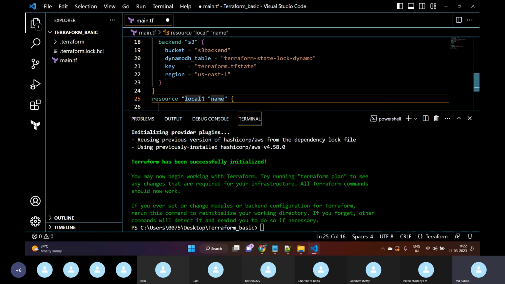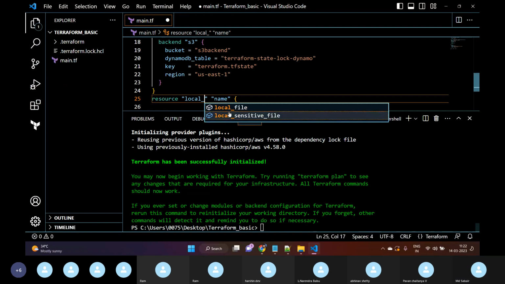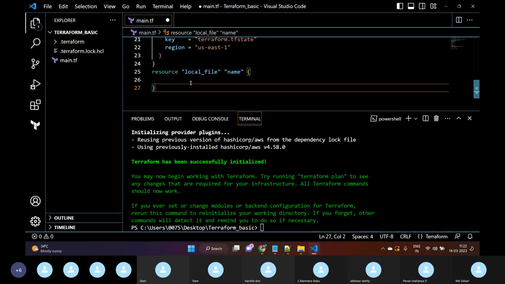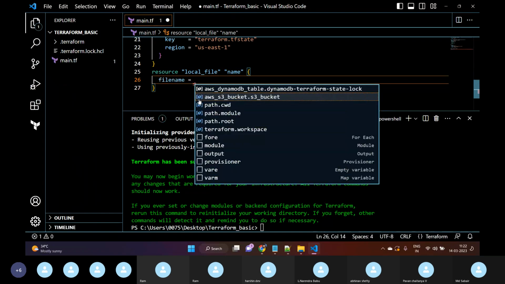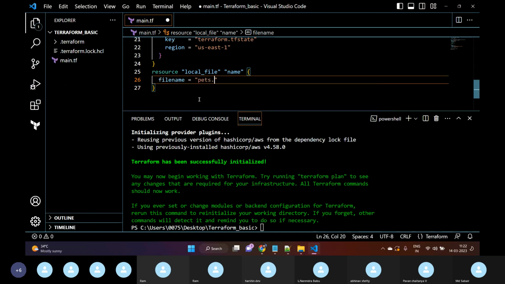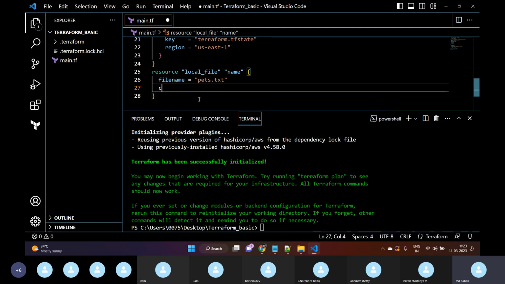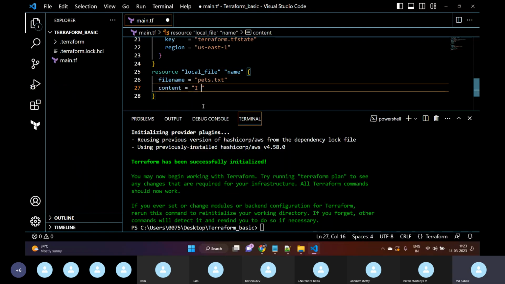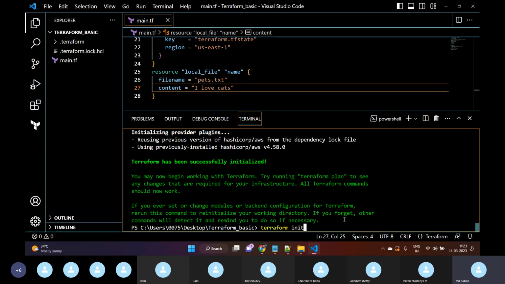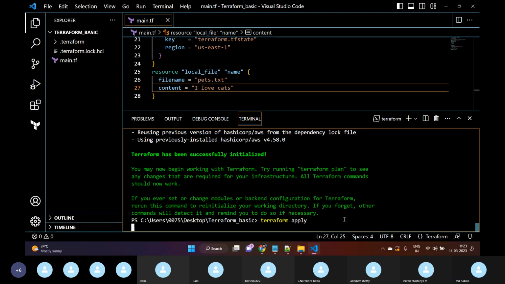I will use a local file resource only, with the name .txt and the content being cats. So if I try to use Terraform apply,